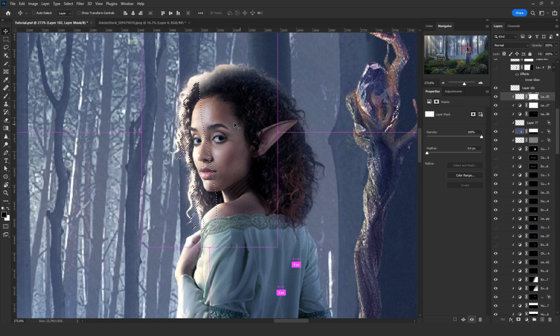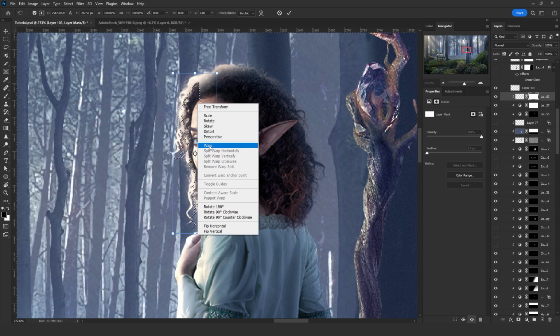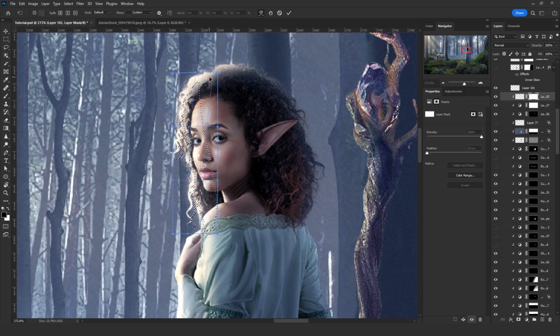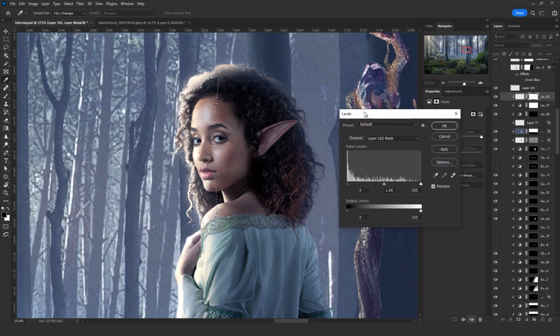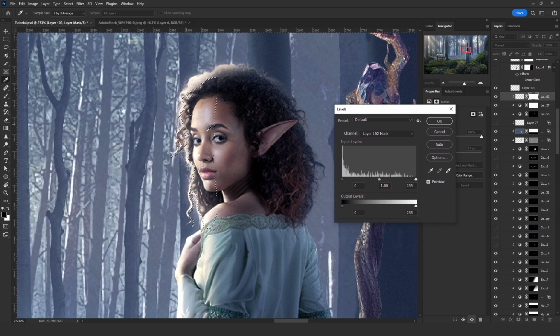So what I'm going to do now is click Ctrl T, that's the free transform, and then click warp, and then I'm going to replace the hair mask as I want. And let's say I want it like that. Click on the move tool to apply the transform, and then click here and press Control L, that will bring the levels menu, and then add fade to that black area by dragging this point to the right side,